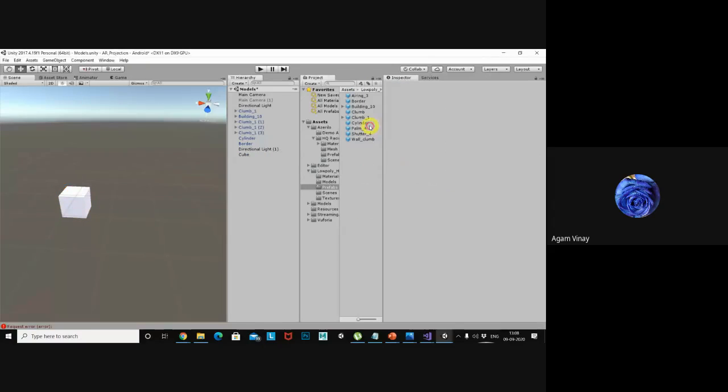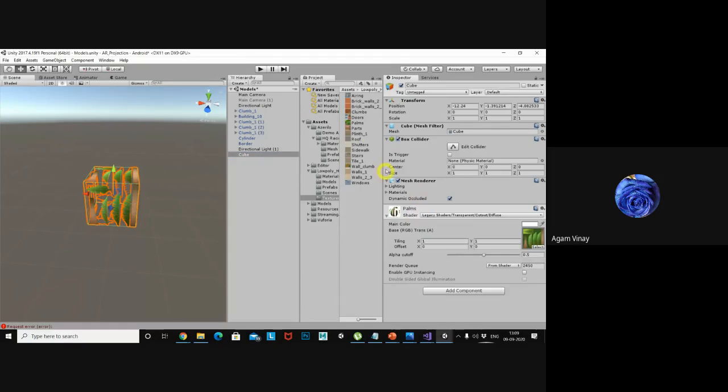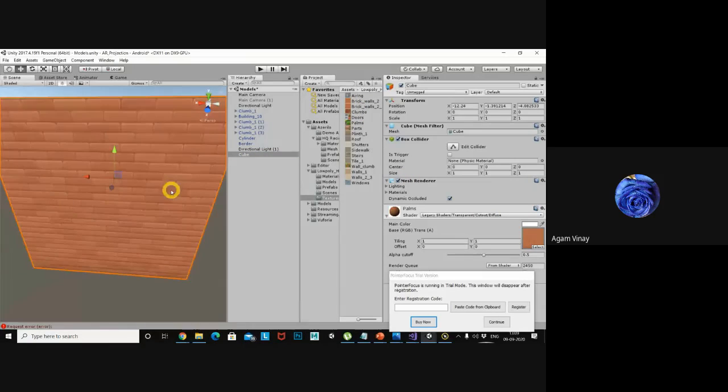Let's say my texture is this one. So this is the cube model. Any texture you can add. So this is the wall.